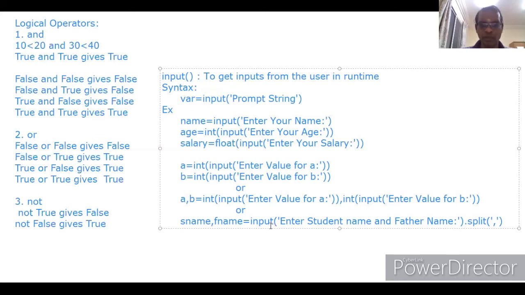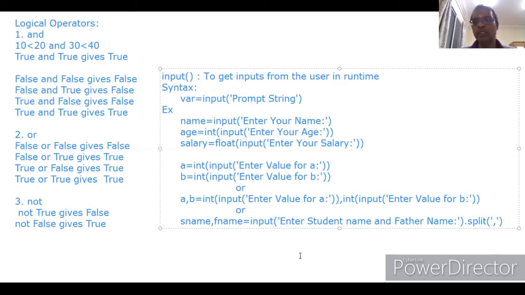Here, input "Enter student name and father name" is a prompt, dot split with comma. So it will ask the user at runtime. I have to type the student name, for example, Selvamani. Immediately after typing Selvamani, I have to place a comma. The inputs are split by comma, as I mentioned here. Then Krishnamurthy. So the left-hand side of the comma, Selvamani, will be stored into the first name variable, and the right-hand side of the comma, Krishnamurthy, into the second.